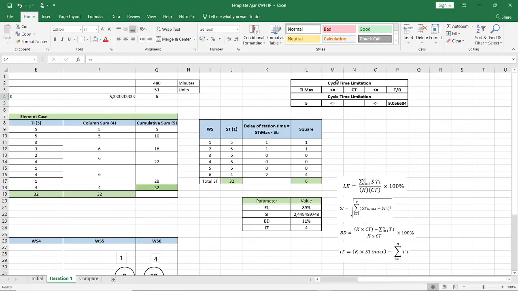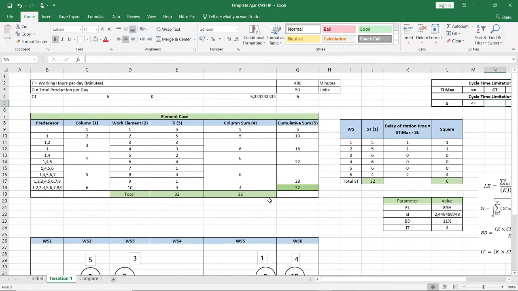We must take a look right here at the cycle time limitation. The cycle time cannot be lower than 5, and it cannot be more than 9.05. So we can take 6, 7, 8 or 9 maybe, or 9.0 or 5.5. It depends on you.